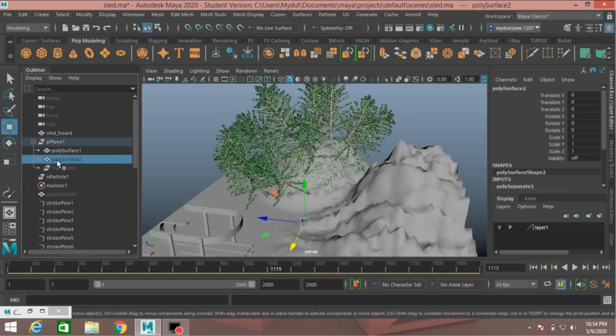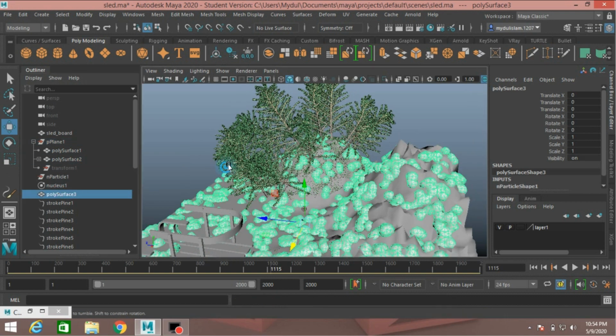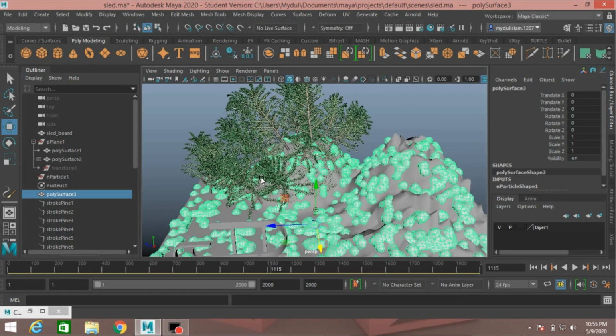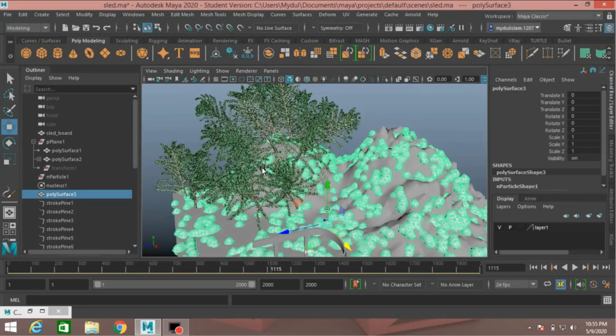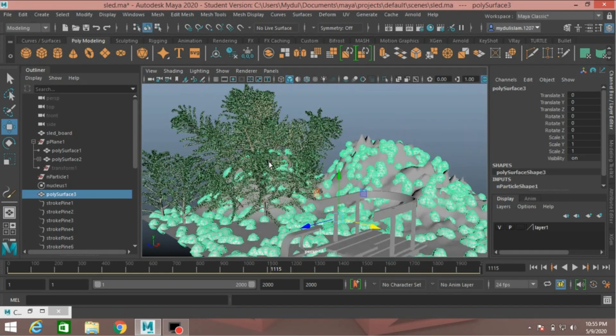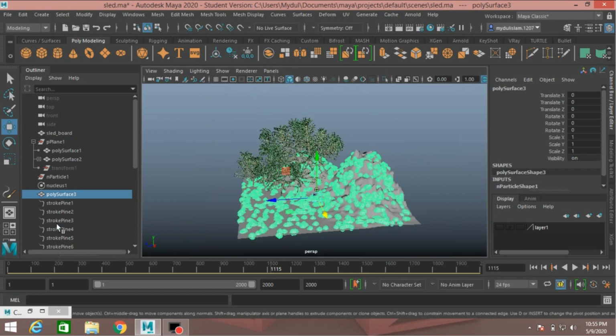And also unhide the snow layer and see. Now hide the slate board, hide the snow layer.